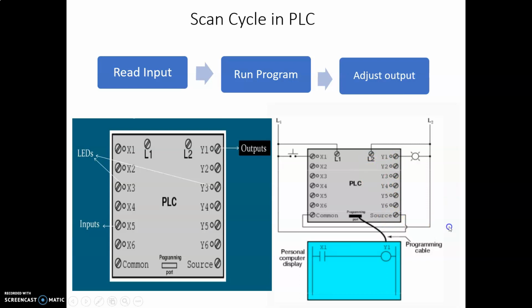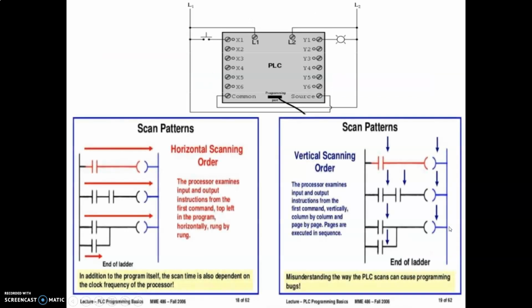So now let's move on to the next slide. In the last slide we only saw execution along a single line, which we call a single run. So what happens if we have multiple connections? Let's say for example we have only one connection here. What if this line is connected to x2, x3, x4, x5, and similarly y2, y3, y4, y5? In what process will the scanning take place?